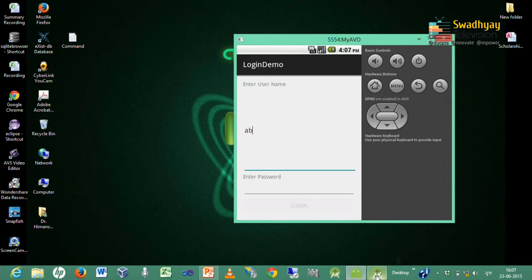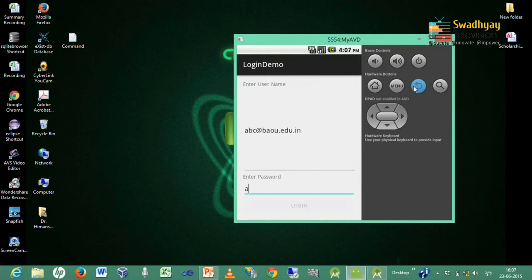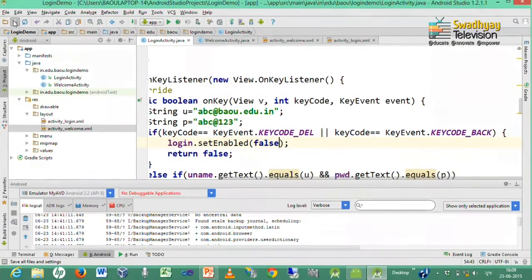So, here we have to type username which is abc@baou.edu.in, and inside password we have to avoid using software keyboard and type abc@123. So, it should enable this login button. Initially login button should be disabled.